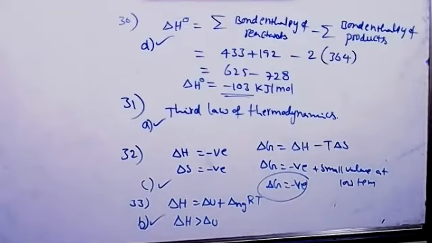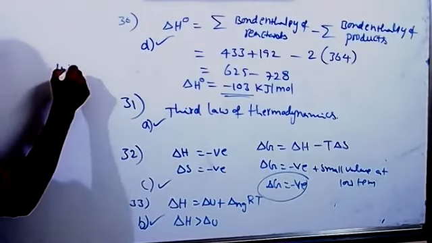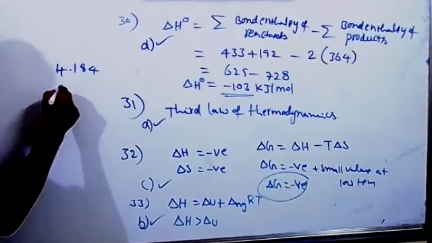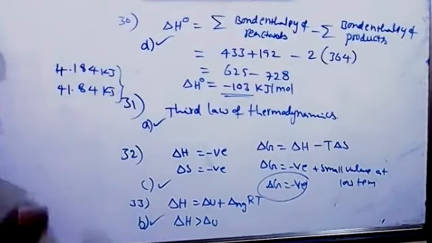Heat capacity and enthalpy, these are extensive properties. If you take more amount of substance, it has more. Just by burning 1 gram of carbon gives less amount of heat. By burning 10 tons of carbon, it produces a large amount of heat. So enthalpy is an extensive property. Heat capacity also. Suppose you take 1 gram of water, it absorbs only 4.184 kilojoule of heat. But if you take 10 grams, it absorbs 41.84 kilojoules. So these both are extensive properties. D is the correct one.